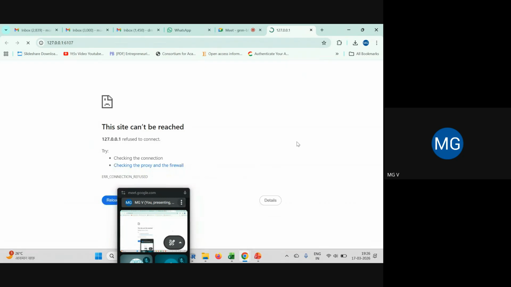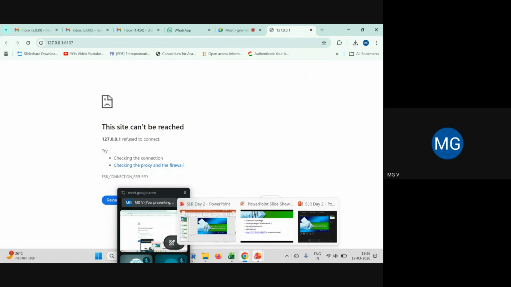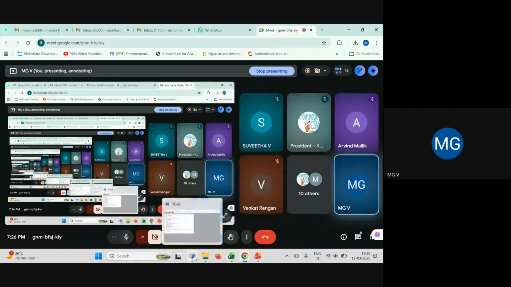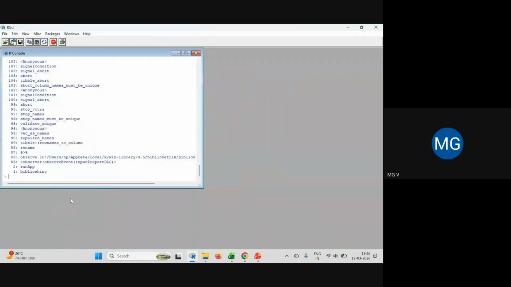Okay, site can't be reached. Okay. So there might be some problem at the backend. That is why site was taking long to respond. And that is why when it gets dimmed, it means processing is still going on. If it takes longer than usual, you may start it again. Let me start it again, right?